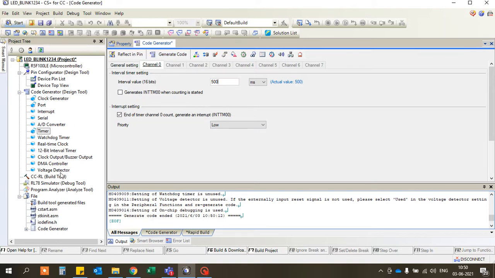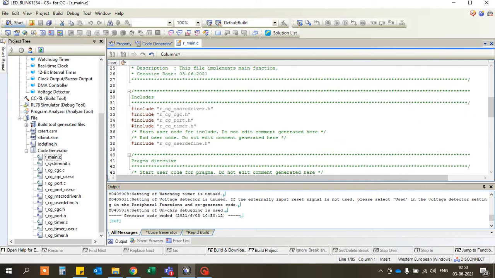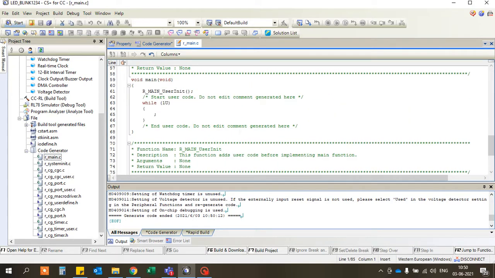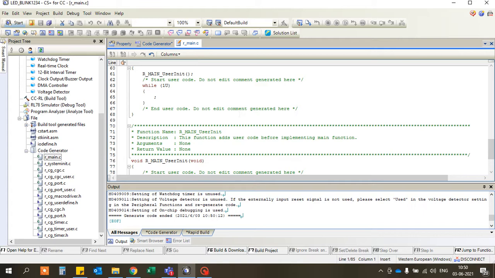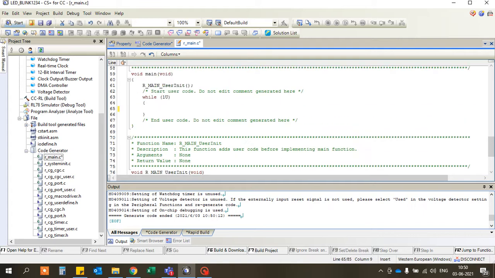Now your project code is generated, in this folder your files are created. In main.c you can start writing the LED blinking. Now suppose the while loop is here, so I write P1 underscore bit dot no 7, or toggle.